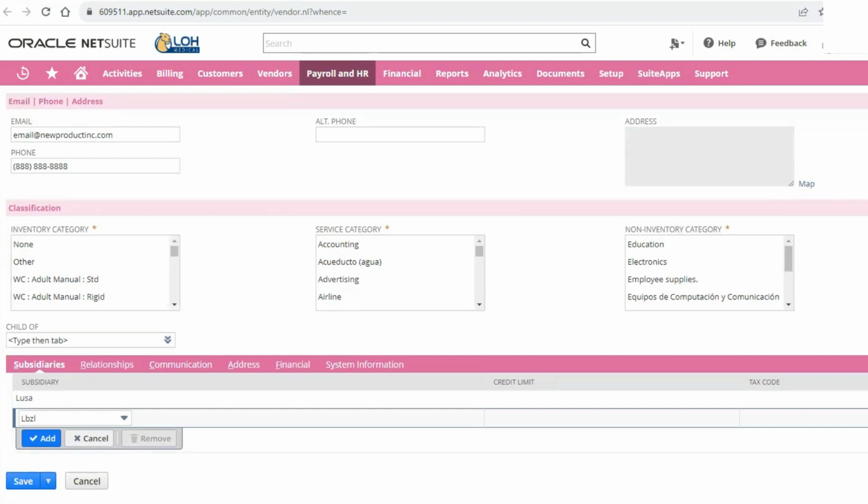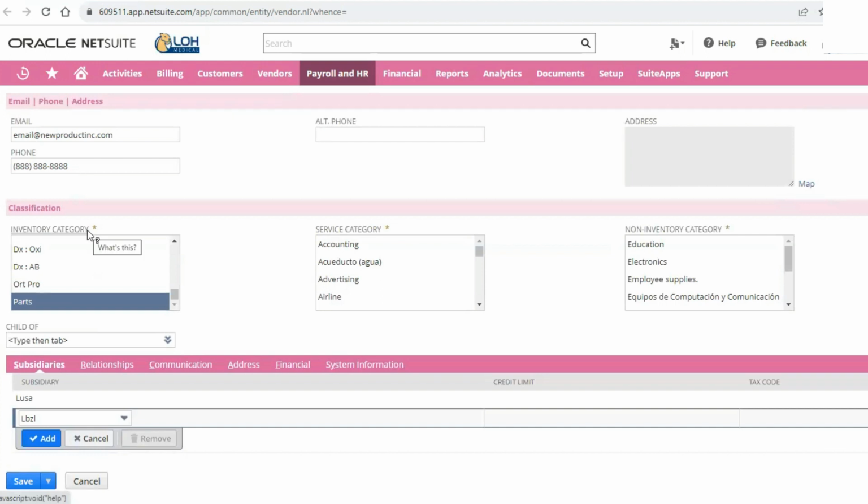And then you have this classification tab or area. So let's see, they do wheelchair parts.